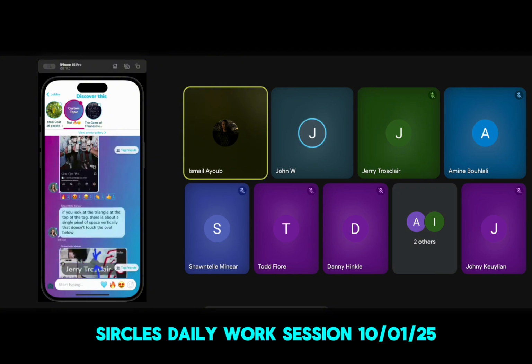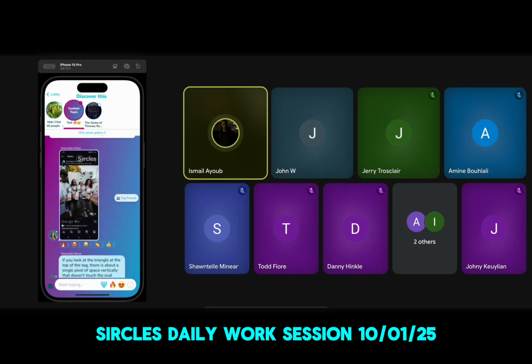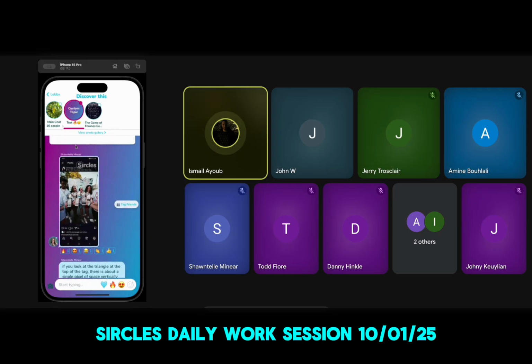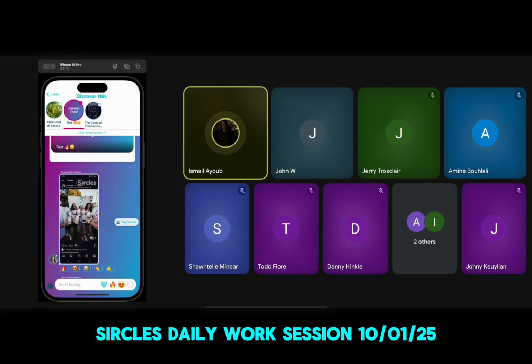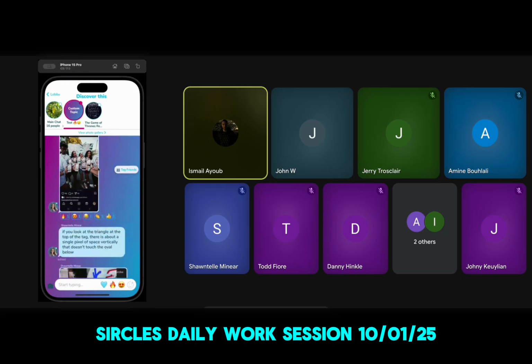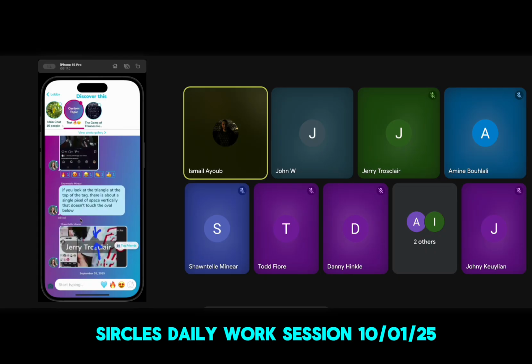But yeah, that's it for the image. I think one thing we need to do first is maybe increase the maximum height of these images. Okay, so that being said, as far as